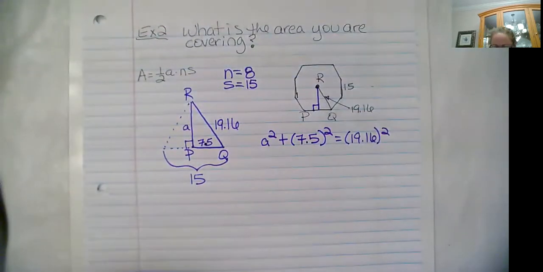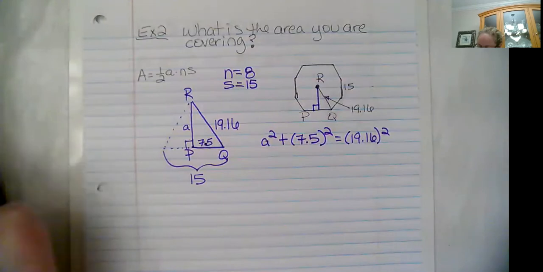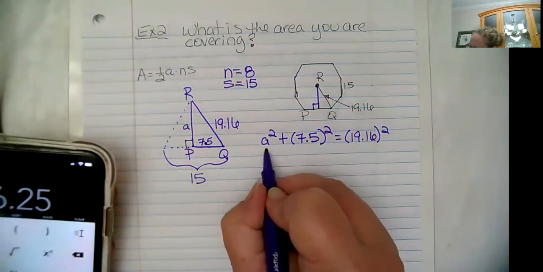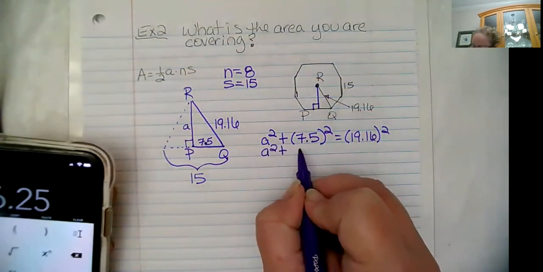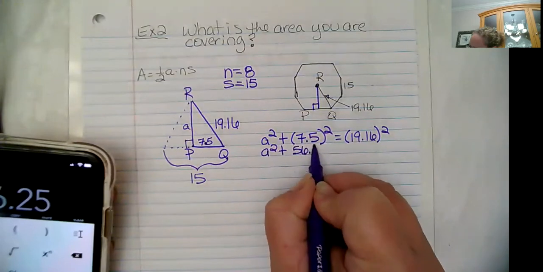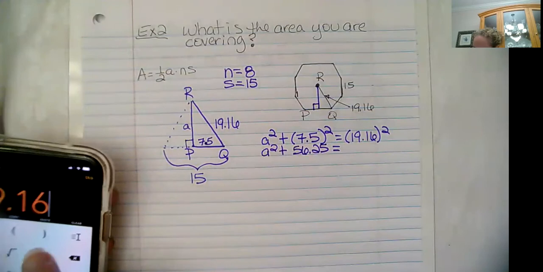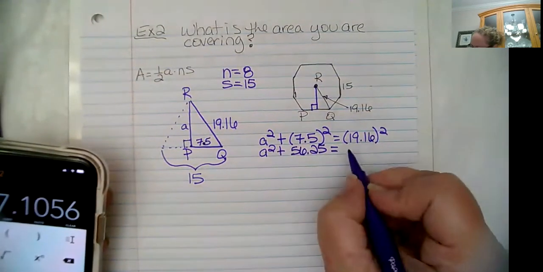Let me get my calculator. So 7.5 squared. So we have a squared plus 56.25 is equal to 19.16 squared. And we get